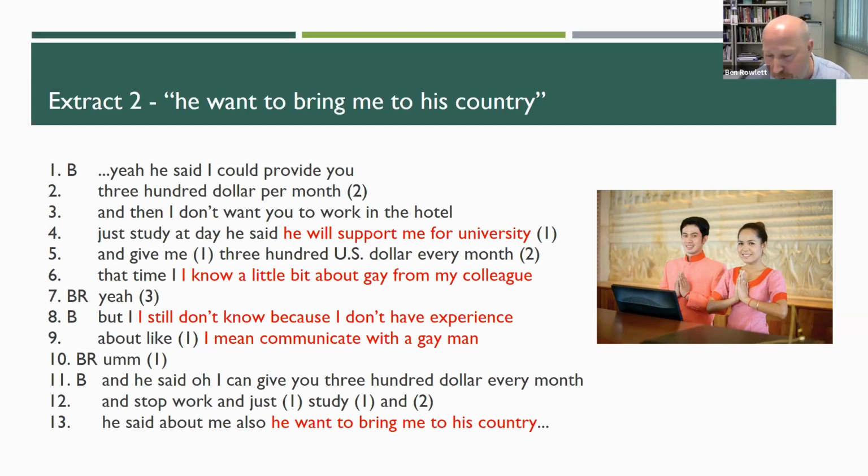Boré interrupts this reported conversation to revisit the subject of the guest's gay identity, an ongoing point of confusion which is made relevant within these socialization processes. It's constructed here again as an epistemic stance. He says, "I still don't know because I don't have experience." So this incipient metapragmatic knowledge of the meaning of gay, formed from conversations with his colleagues and situated in this Cambodian space-time, is very much reliant on the knowledges contained there.